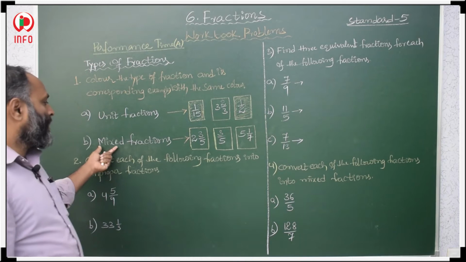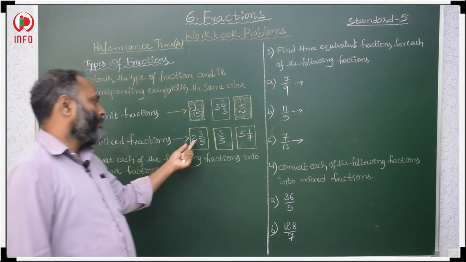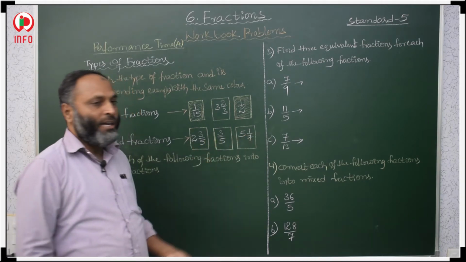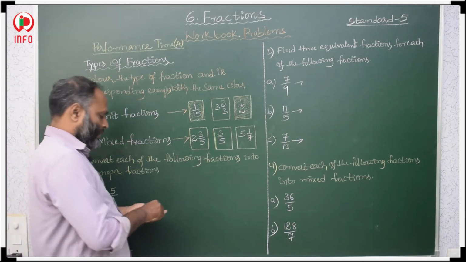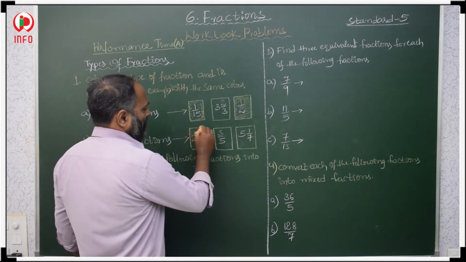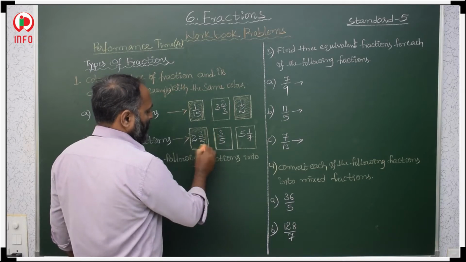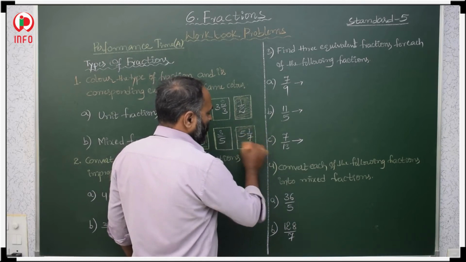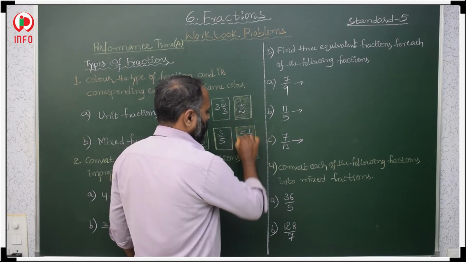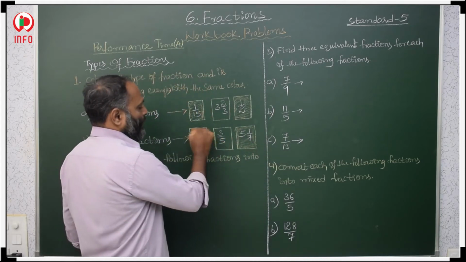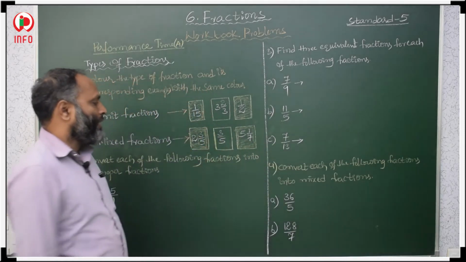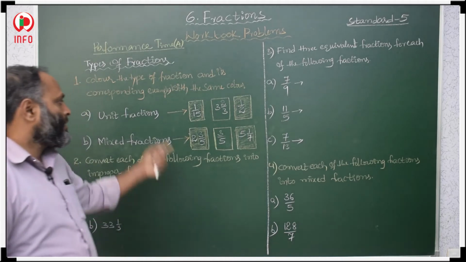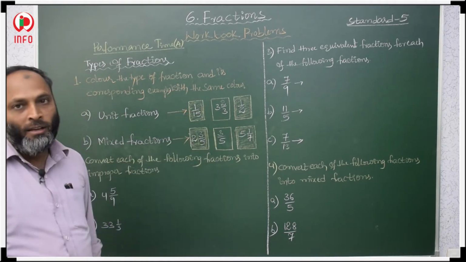Then after that, mixed fractions. What is a mixed fraction? A whole number with a proper fraction. These two are mixed fractions. So we have to color with orange again, the same color. We use orange color here and here also. These two are mixed fractions. First we have to identify where mixed fractions are given, and in that box we have to color with the same color. Here also we have to identify the unit fraction and color it with the same.